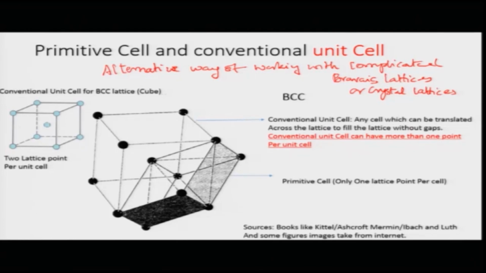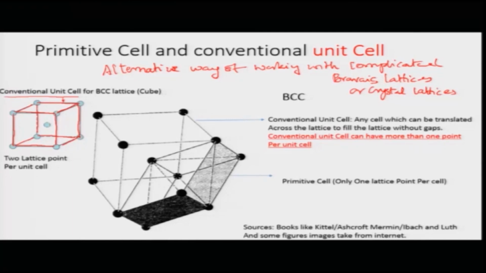So, instead of drawing a primitive cell, you can actually consider the BCC as having a conventional unit cell. And what is the conventional unit cell? The conventional unit cell is any cell which can be translated across the lattice to fill it up without gaps. So, instead of this primitive cell which I have shown here, and translating it across to fill up the entire lattice, I can also consider that the BCC unit cell is a conventional unit cell which is a cube, and I can fill up the entire space with the cube. The only